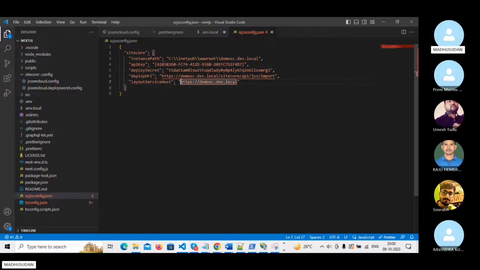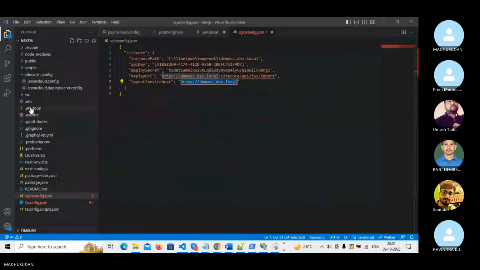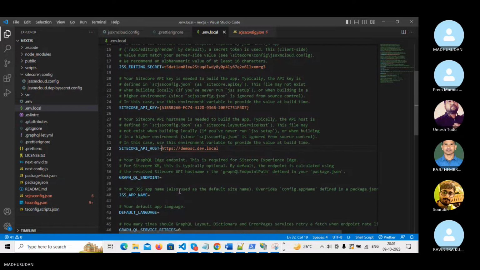This layout service host will be the API host. Right. Next,